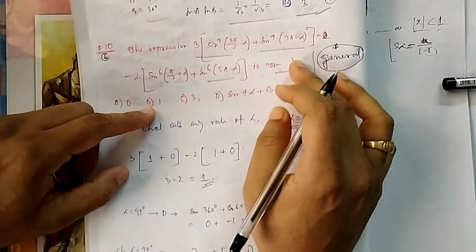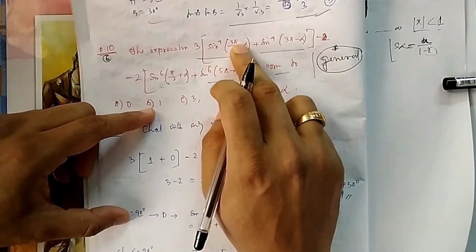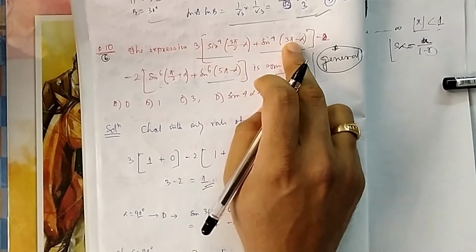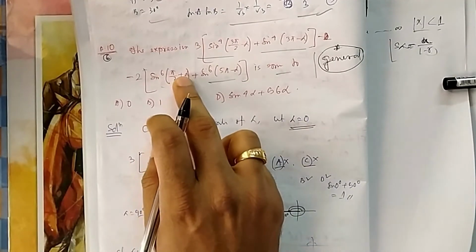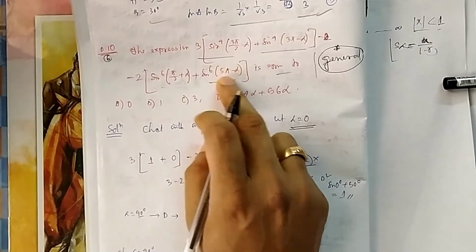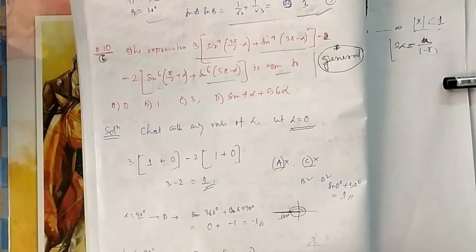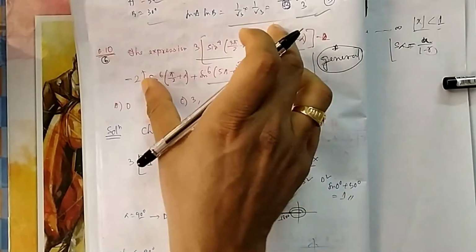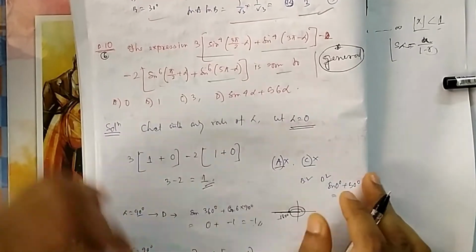Now if you put alpha equal to 90 degree here, what will be this answer? 270 minus 90, that is 180, so this side will be 0. 3 pi minus 90 will again give you pi by 2, to the power 4 it will be plus 1. Here if you add 90 it will be 0. Here if you give 90 it will be pi by 2, and here it will also give 1. So you can see it is again coming 1. If I put alpha 90, this is 1, and the other is minus 1. So obviously which one will be 1? B. Option B is satisfied.